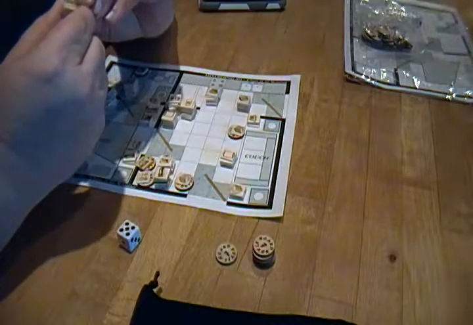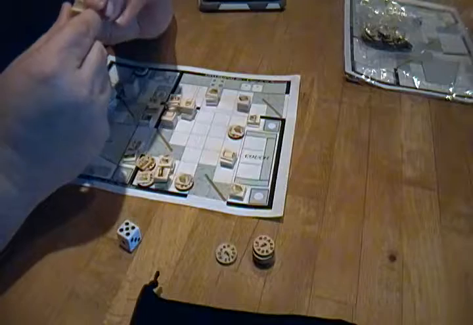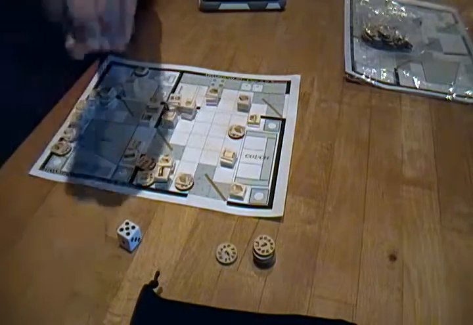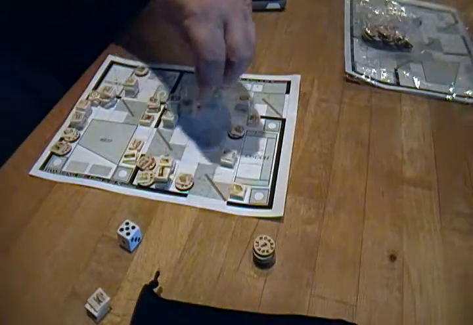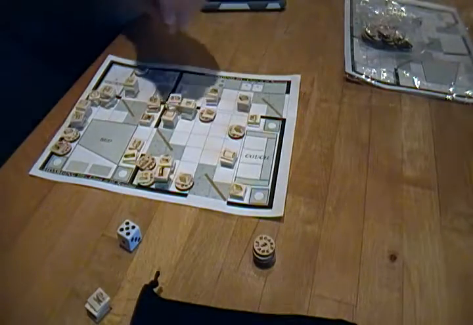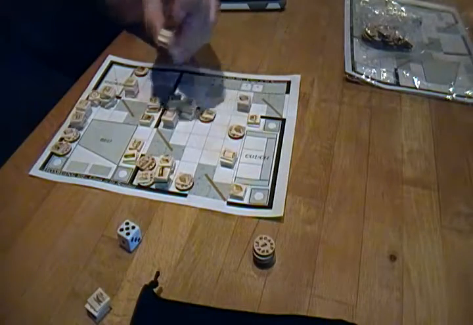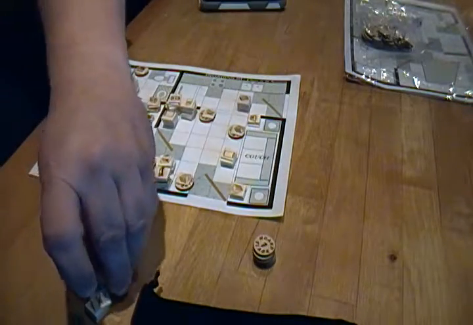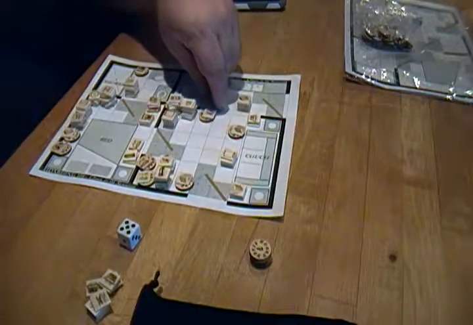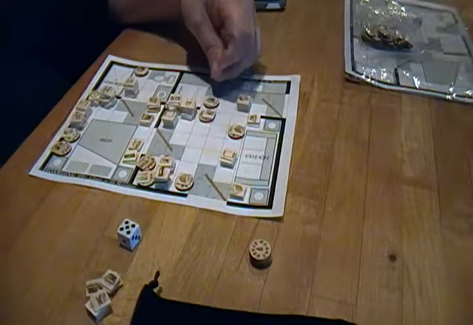1, 2, 3, 4, 5, 6, 7. So that's a Hoard Stack. We've got 7 here. Another Hoard Stack. So by putting the pieces back in the bag,